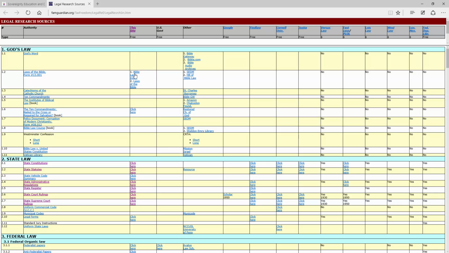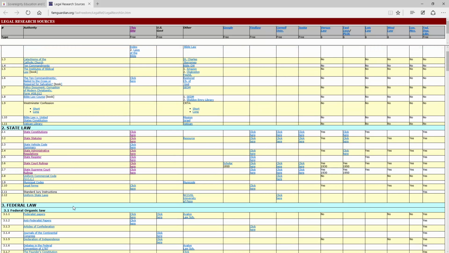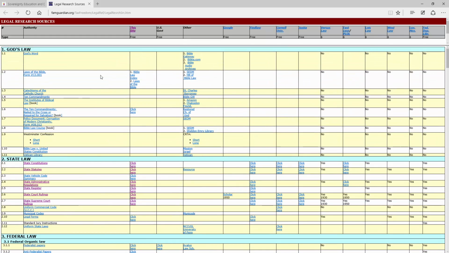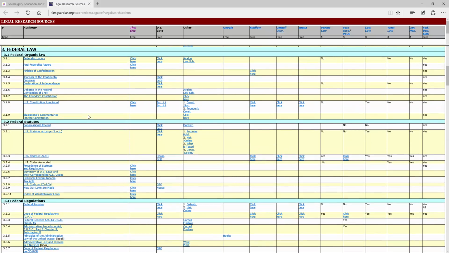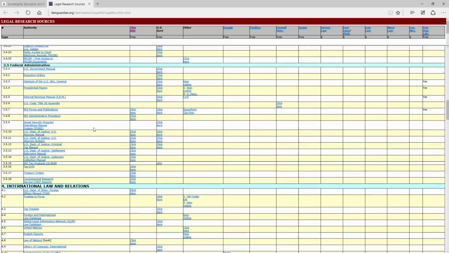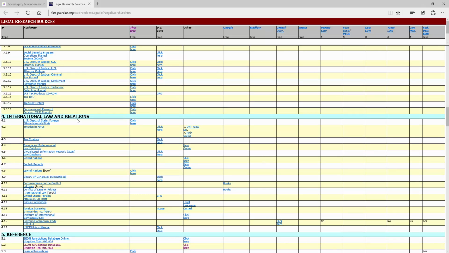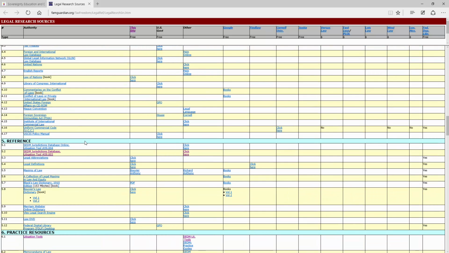And it's organized in a hierarchical way. So at the top we have God's law, and that particular group deals with God's law. And then we have state law, federal law, and all of these things are listed in the order they were created in nature. And so they follow what's called the hierarchy of sovereignty, which is based on the sequence that things are created. And so below the federal we have international relations, then we have reference, tools, dictionaries, maxims of